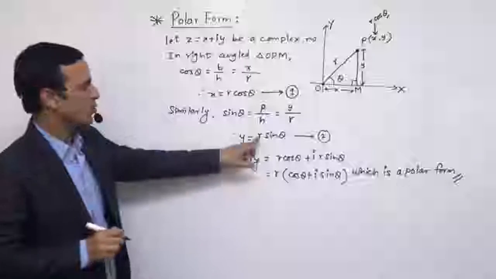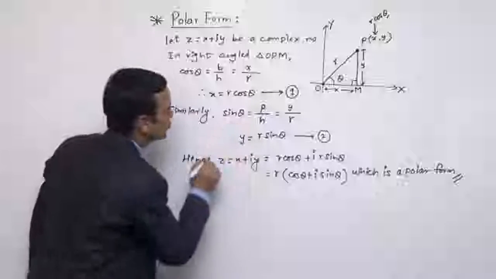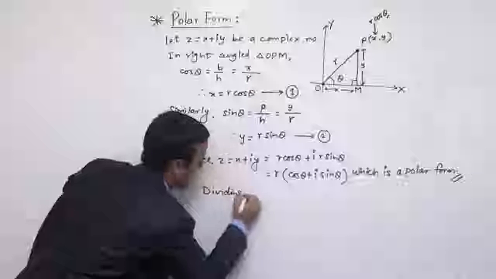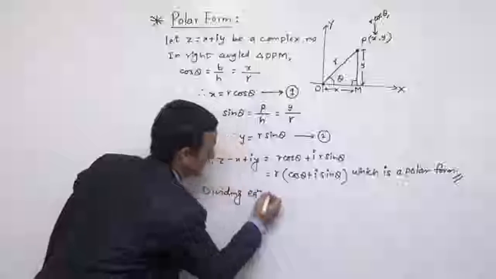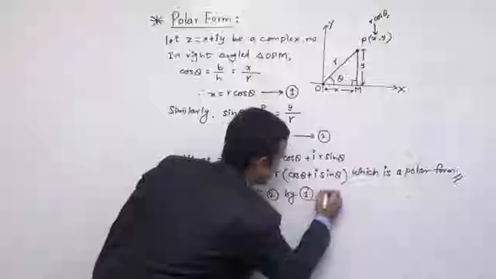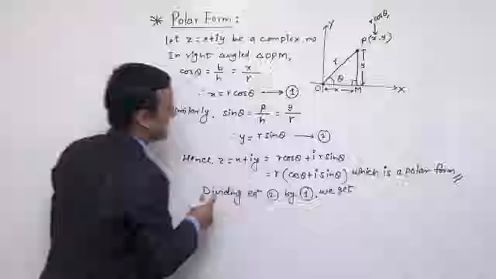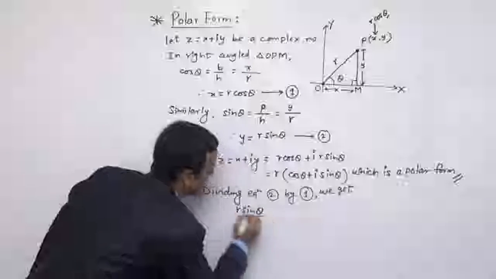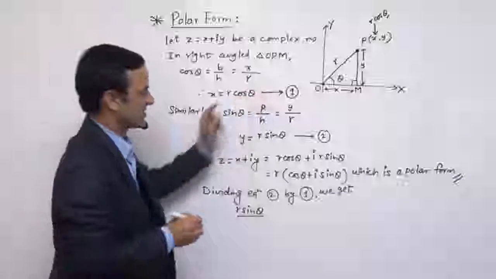Now dividing equation 2 by 1, then we get r sin theta